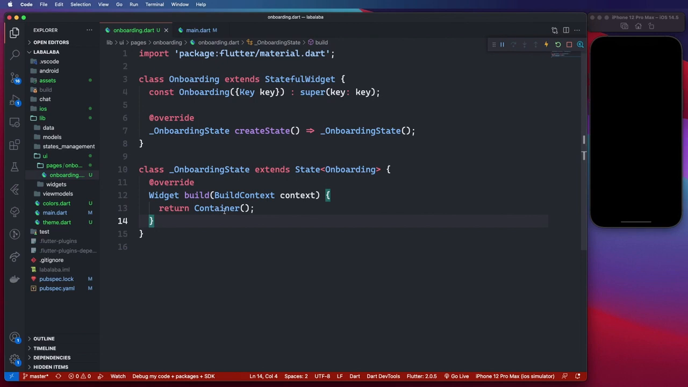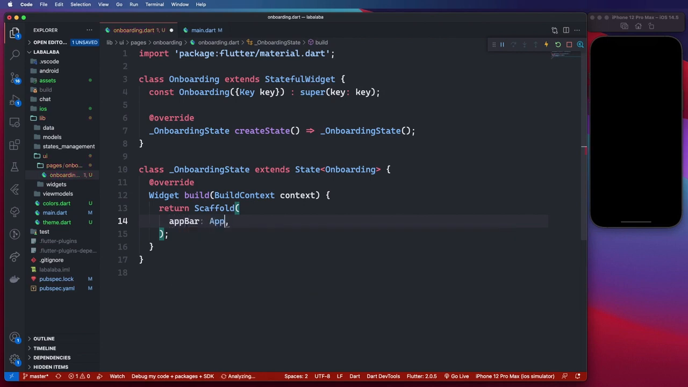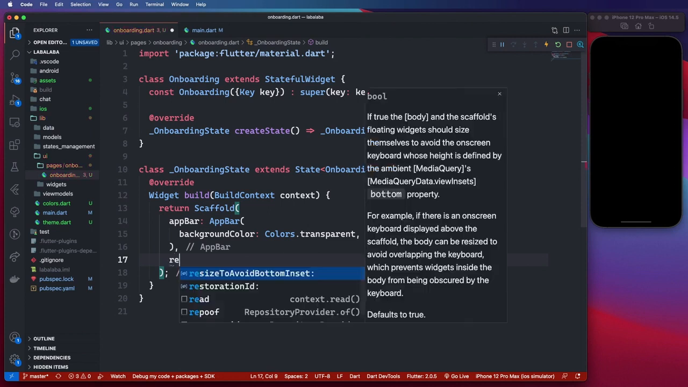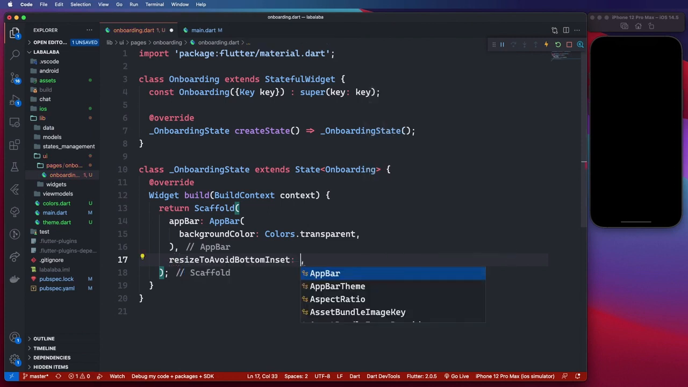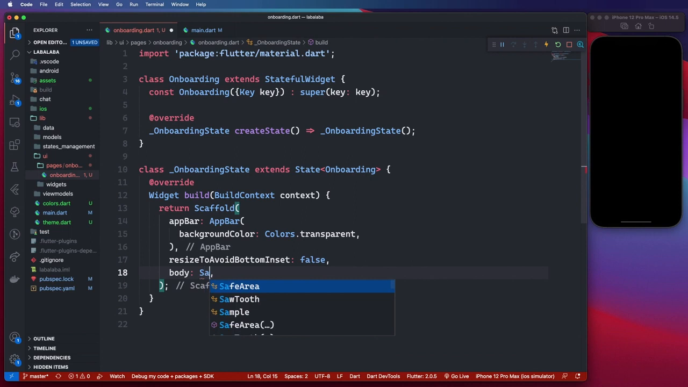So for our onboarding screen, I'm just gonna change this to a scaffold, and inside my scaffold I want an app bar. Just gonna add an app bar here, and for my app bar I'm just gonna make the background color to be transparent. Then I'm gonna set the resize to avoid bottom inset to false, and for my scaffold body I want a safe area,